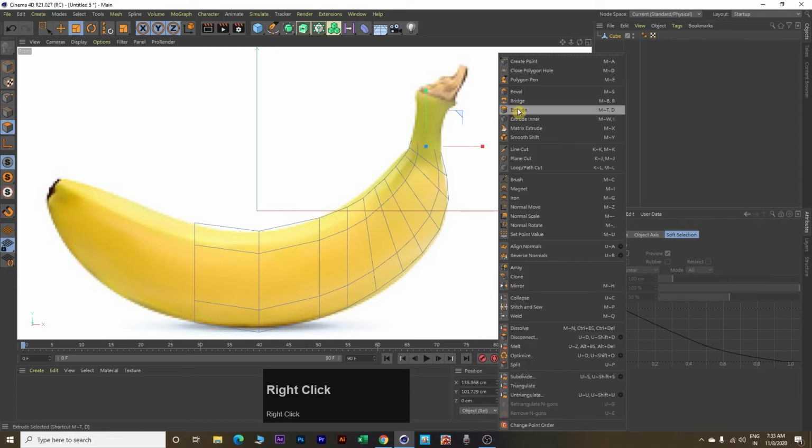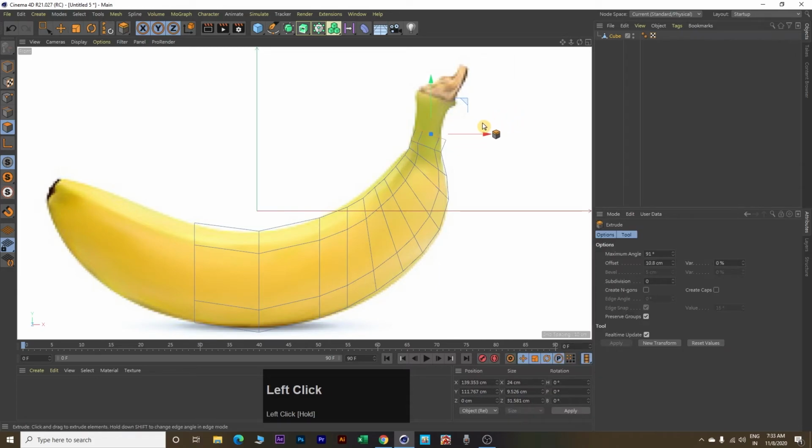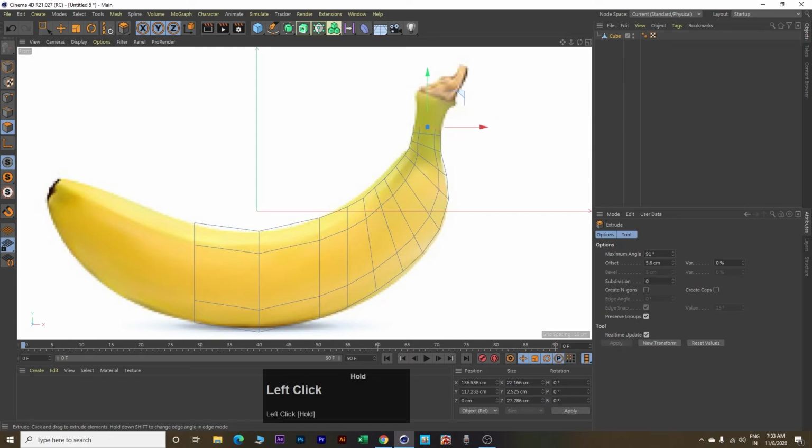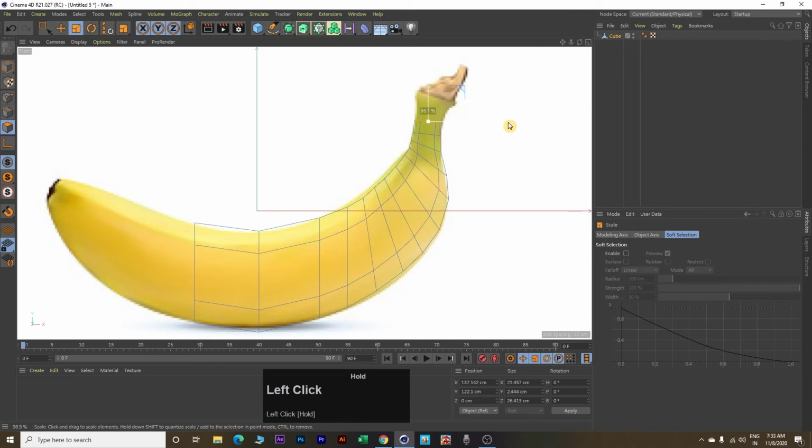Again extrude, rotate, move, resize. Again extrude and resize. And wow, we are done with half of the banana.